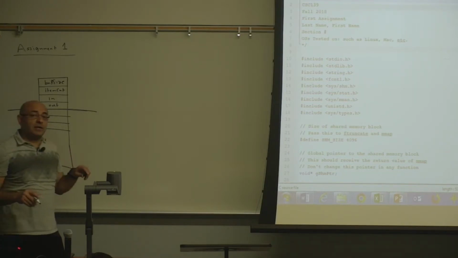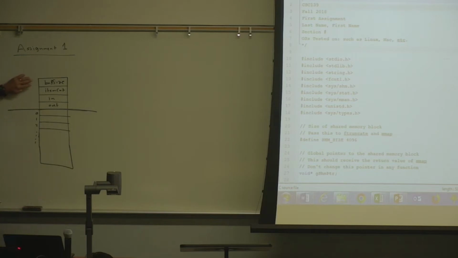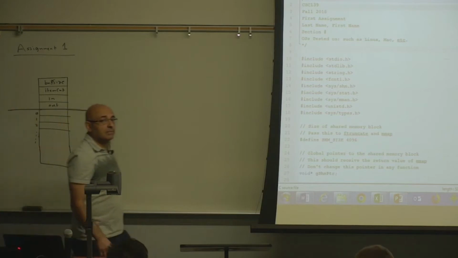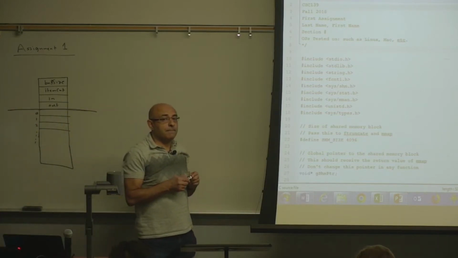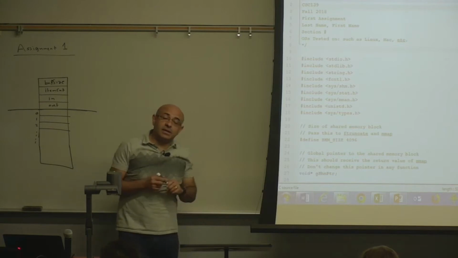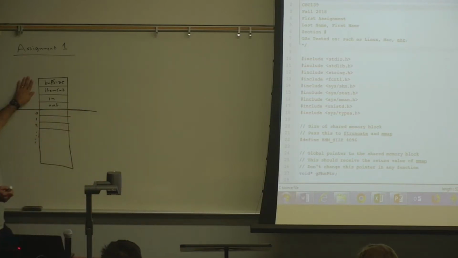Now, in order for the problem to be interesting, what should the relation between the buffer size and the item count be for an interesting problem? Very close together. Close? Yeah, so if you want to make it interesting, then you might want to make it so that the consumer has to consume before the producer can produce another one. So in this case, what should the relation between the buffer size and the item count be? Item count plus header is buffer size.